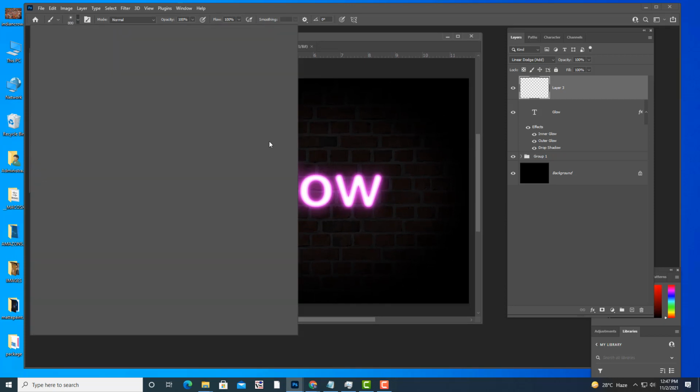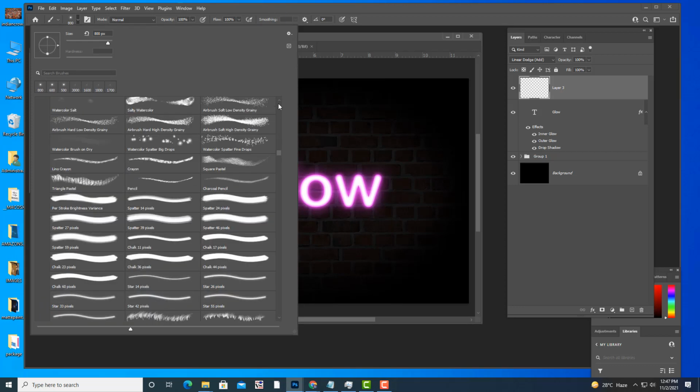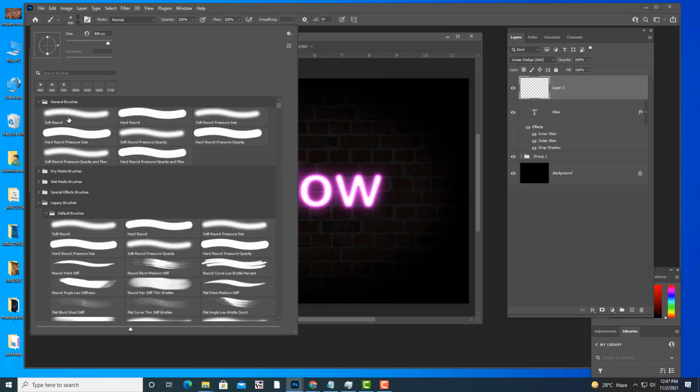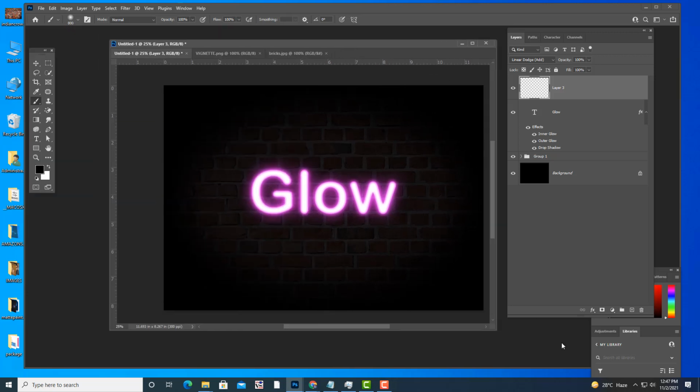Which brush will we use? We will use a soft round brush. Already we have discussed brushes, remember everyone? This is the brush we use a lot. Now what we are trying to do is put some lighting on the bricks wall, as if that lighting is coming from the text and falling on the wall. That type of effect we are trying to create.